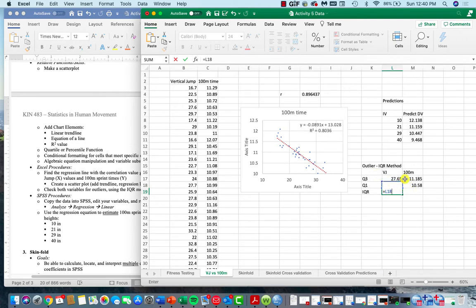Hold on a second. Arrow malfunction. That one minus that one. There we go. Okay, so we get our interquartile range for our two values, and then we can use that interquartile range to find the outliers. Let's call this